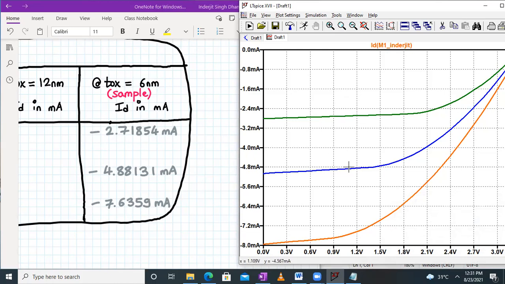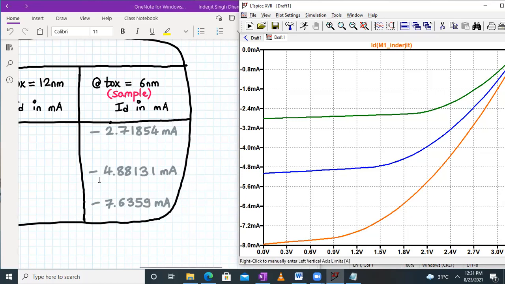Okay, so if I move it around and place it near this curve at around 1 volt, I have to adjust it around 1 volt. At around 1 volt, my value of the current is coming. See the XY coordinate at the bottom of your screen. The X coordinate indicates the drain voltage and the Y coordinate indicates the drain current. So at the value of VD equal to 1 volt, the value of the drain current is coming out to be 4.9 milliamperes.